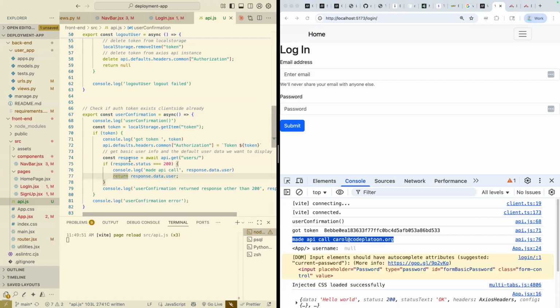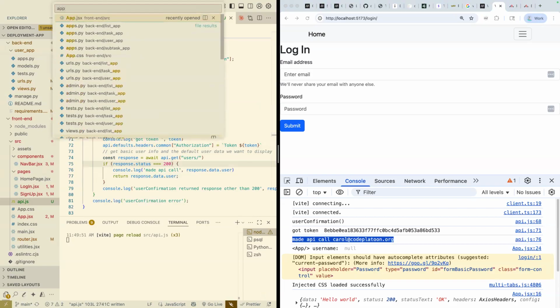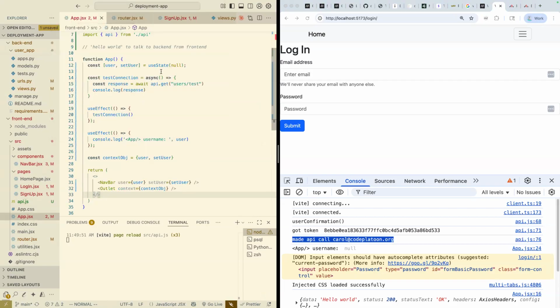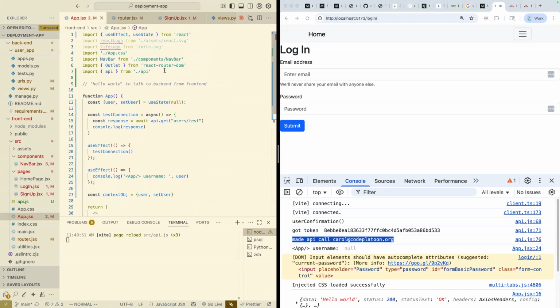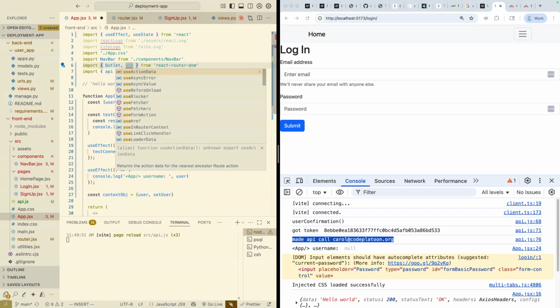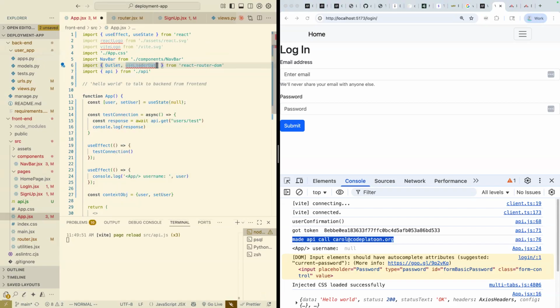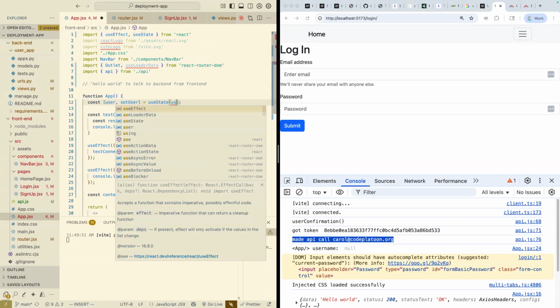So this is the beauty of debugging, right? It turns out we did everything right. We just forgot the next step here. And it does appear that the loader is working. And now that the loader is working, we need to actually use the data that it gives us. And of course, there's a hook for that. useLoaderData. So we are going to go ahead and here in our useState,